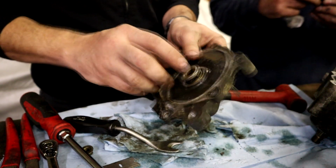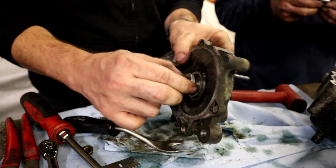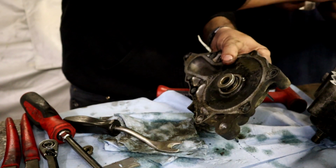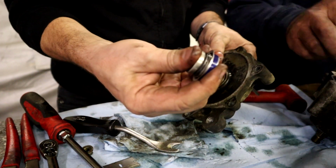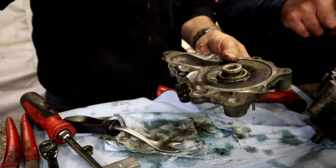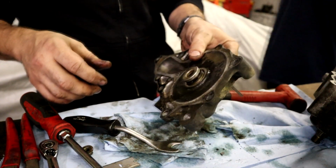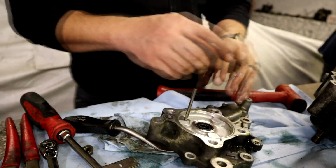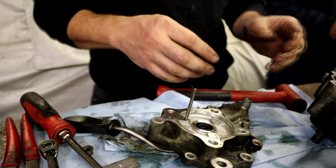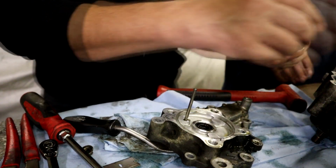That probably is why this thing was leaking, because... I wonder. See this thing rattling around here, guys? Like, this shouldn't be like this. This one here springs. Okay, so my question is, do we press this on here? No, this needs to go on, then this will get pressed on as well. So it's going to be a process here. I think what we'll probably do, the shaft on the actual pump is a little bit nasty from...